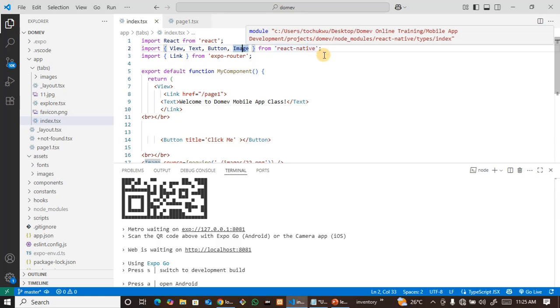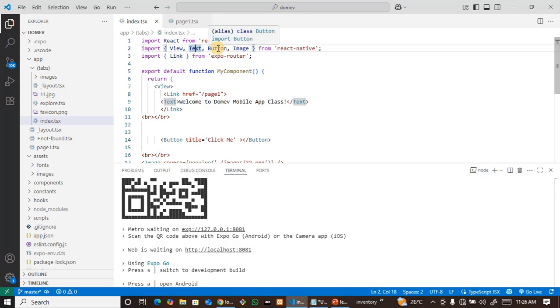React Native module. So modules are a collection. A module is a collection of components. The React Native module has the view component, text component, button component, image component, and so many other components. All right. Today I would like us to see how to link from one page to another using the